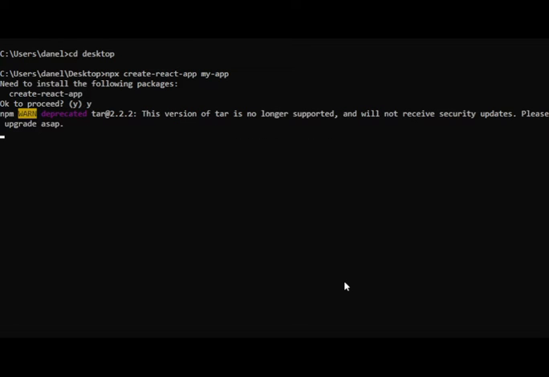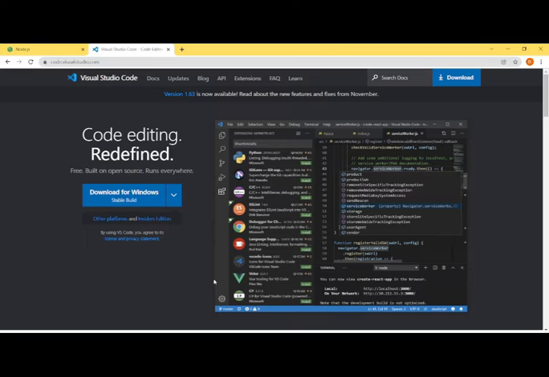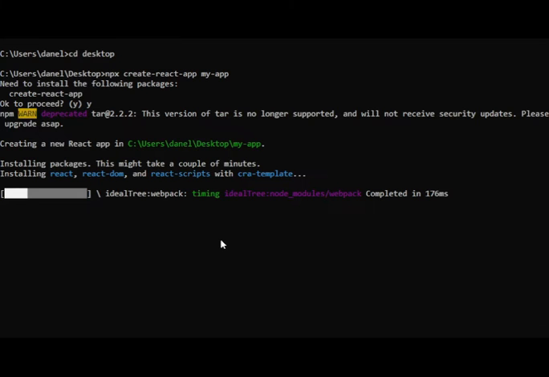We need an editor too. So let's go ahead and install an editor. The editor that I am using is Visual Studio Code and I would recommend that to you as well. If you are already using an editor of any other kind and not Visual Studio Code, go ahead, use that, no issues. But this is what I will be using, and so I'm showing it to you. So I'll get back to you once this is installed, once we have created our application.